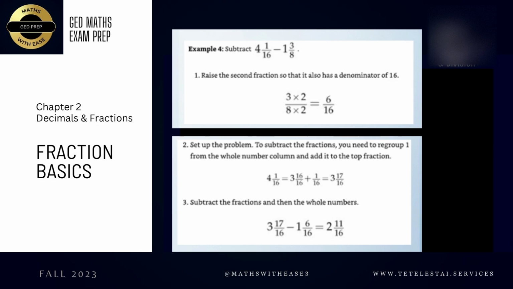So to make sure that both denominators have the same number, all you would need to do here is raise 8 by 2, and then because you've raised 8 by 2, you would also need to raise 3 by 2, okay? So you would take 3/8 and multiply both the numerator and the denominator by 2, and that gives